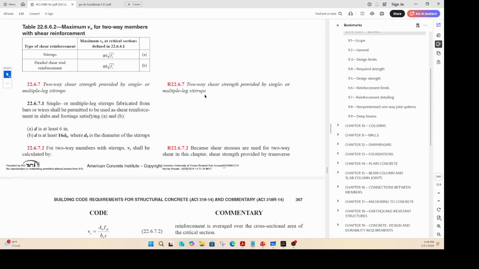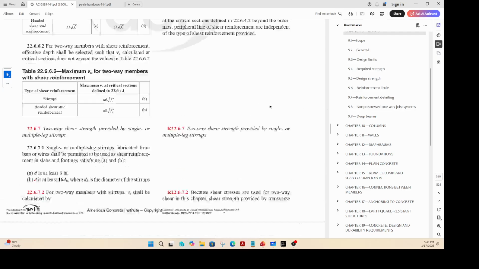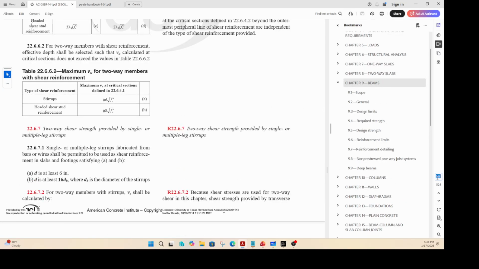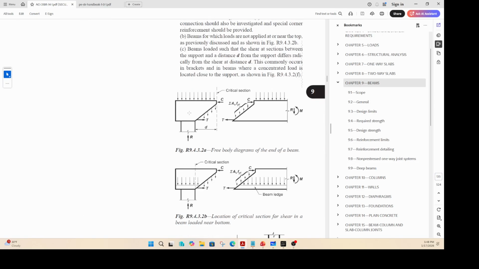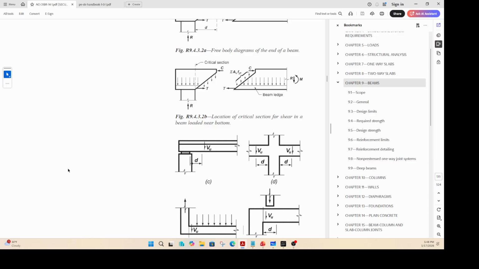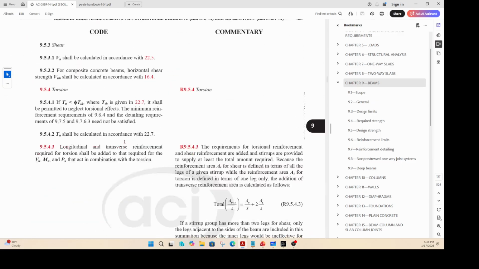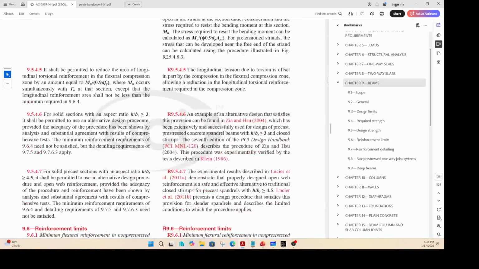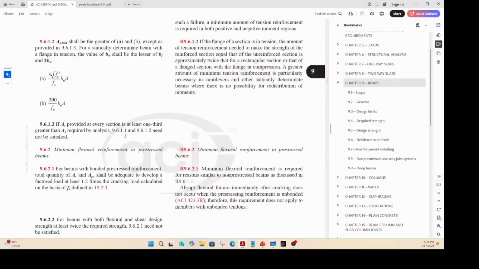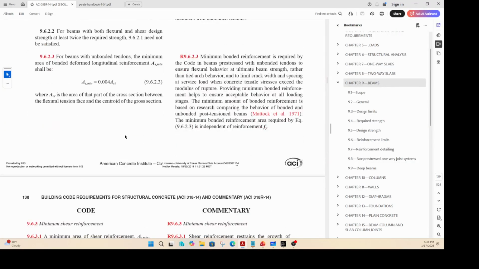Let's see. There is another. I thought there was some detail. Okay, let's go back to our beam and see if there is anything important. I mean, every little detail here is important. But then, just for a breadth level,